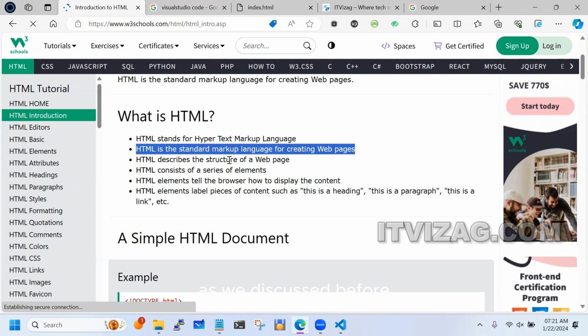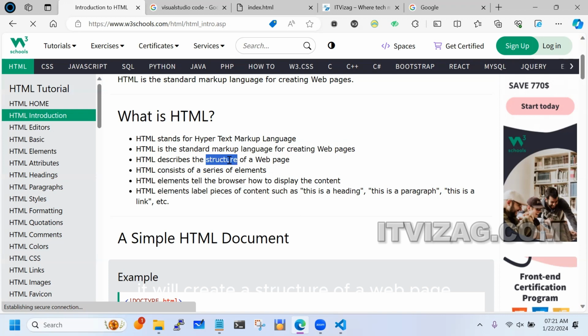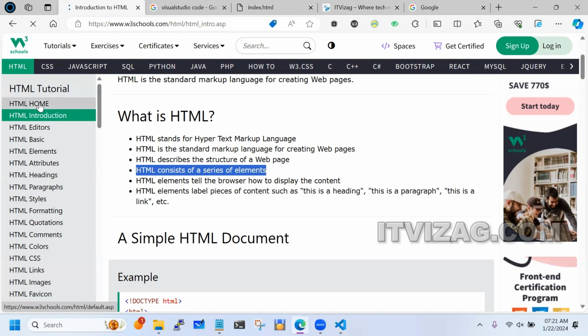As we discussed before, it will create the structure of a web page, like how you want that particular web page to look. That's why we call it the structure of a web page. And HTML consists of a series of elements. Elements are nothing but, for example,